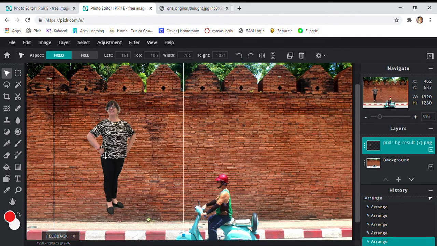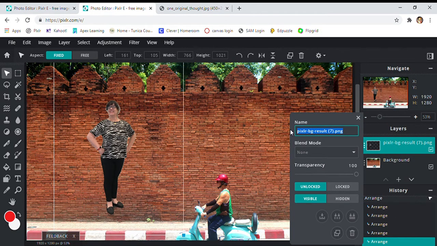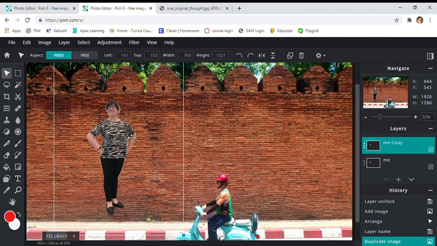Now at this point, if I wanted to clean up the photo a little bit, I would. I need to make sure that in my layers, this is still clicked. And because I'm going to work with multiple layers, I'm going to click the three dots and change the name to me. Also, in your layers bar, when you click these three dots, you can make it transparent, right? So you could see through it, or I can keep it opaque, or I can make it a little transparent. I think I'm going to keep it all the way transparent. Okay, I can click down here and duplicate it. Okay, so I have a copy,